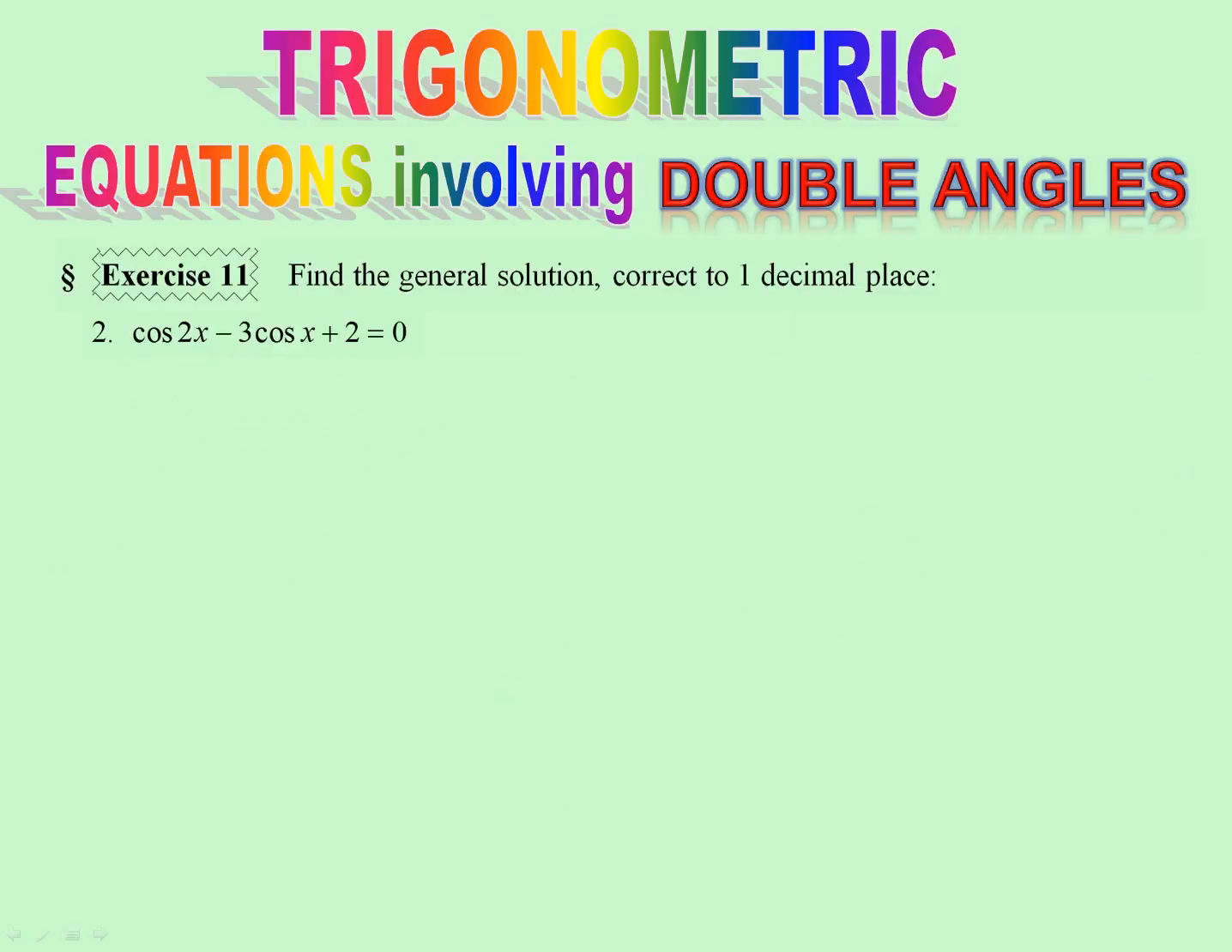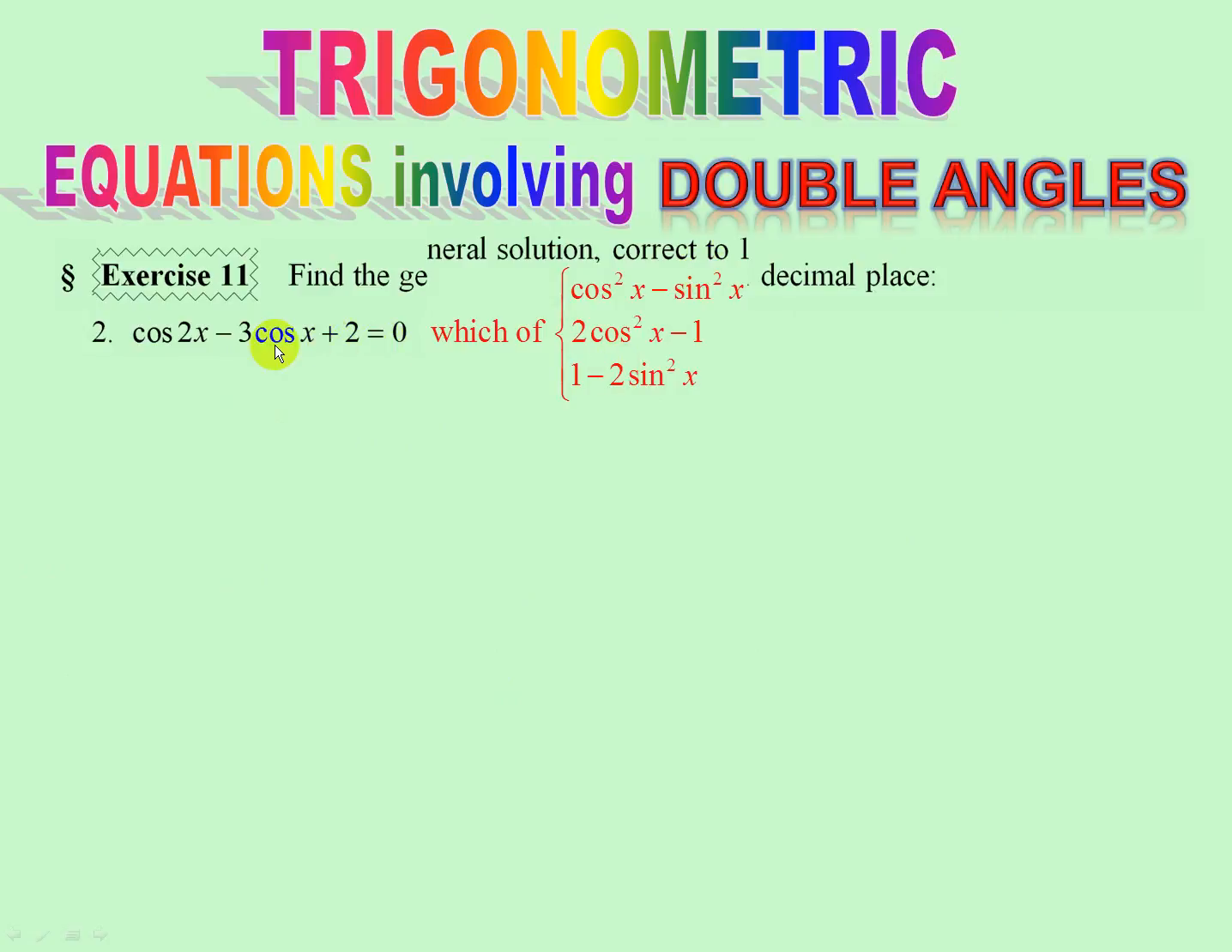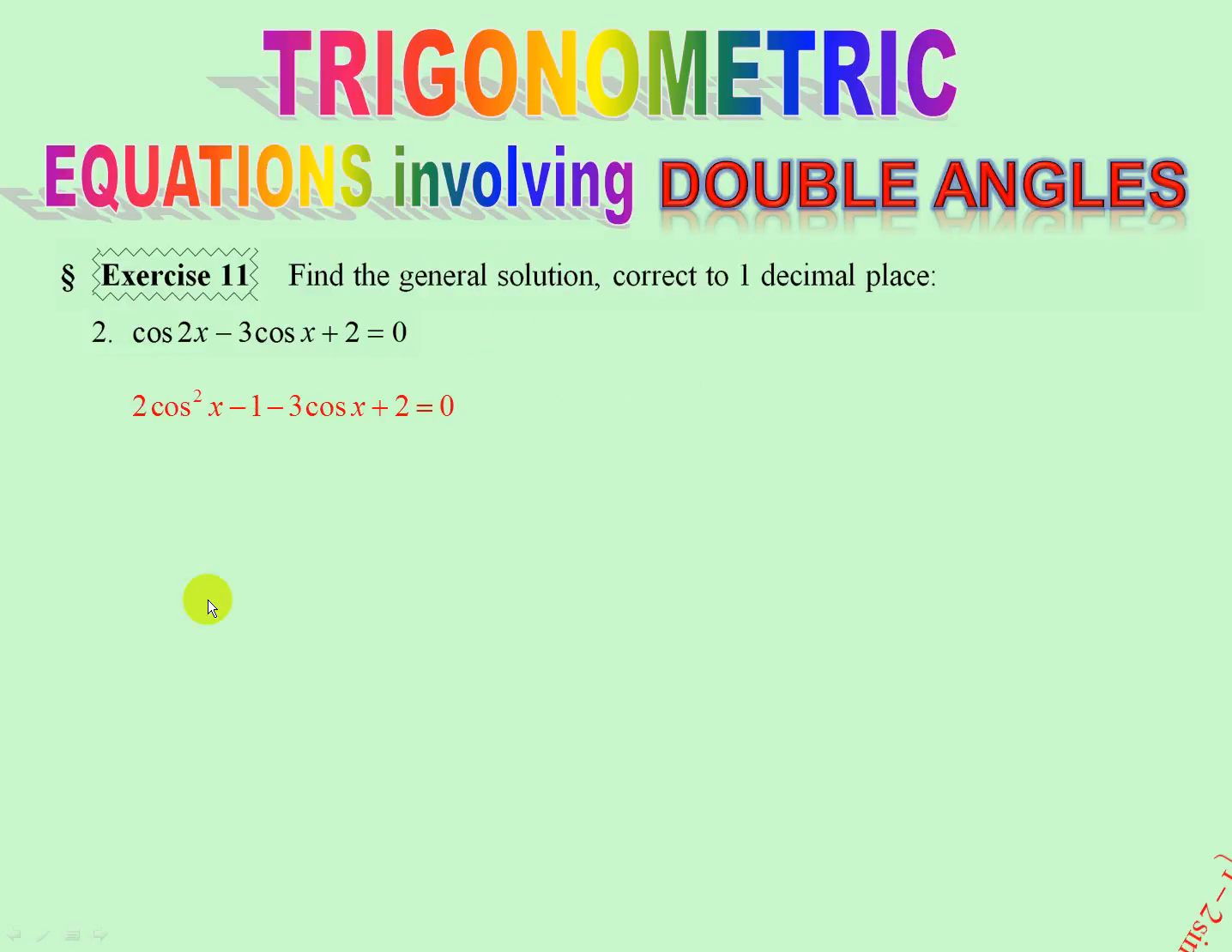Next one. Well, this is the cos 2x and then cos x. We need to make that decision. One of the 3. Well, we have a cos, so therefore we're going to have to choose the middle one. So we're going to slot that middle one into the equation, simplify the equation,